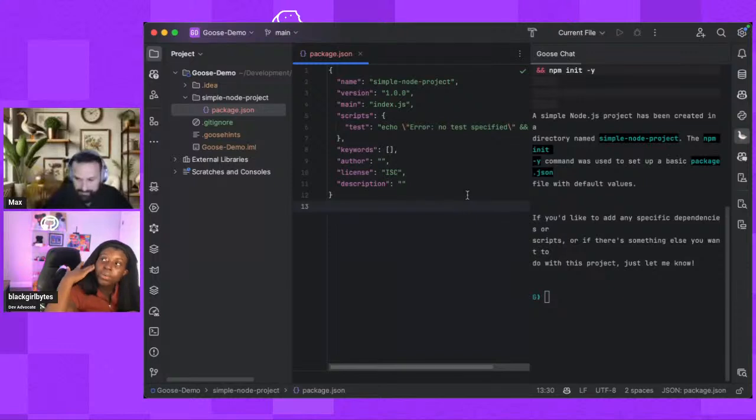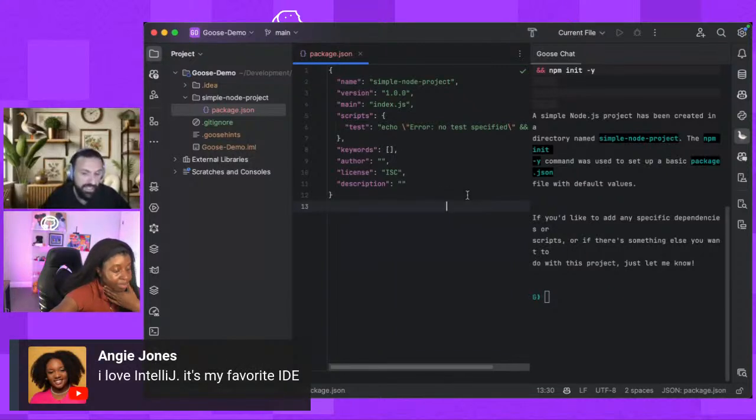I'm curious though, what made you say I want to make an IntelliJ plugin for Goose? Essentially, because this is my main IDE. First of all, IntelliJ is my main IDE. And the second thing is that